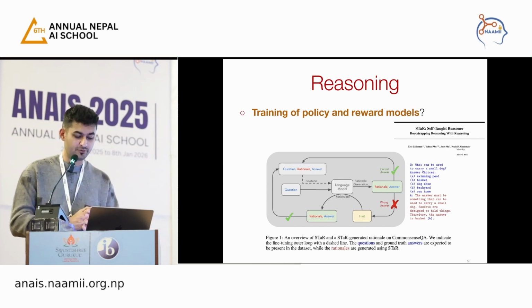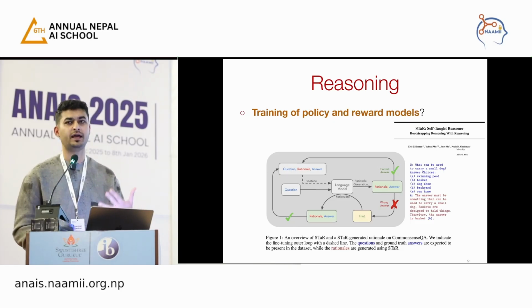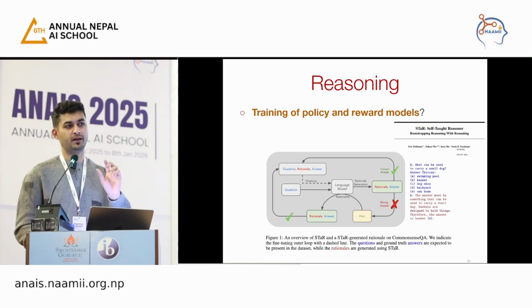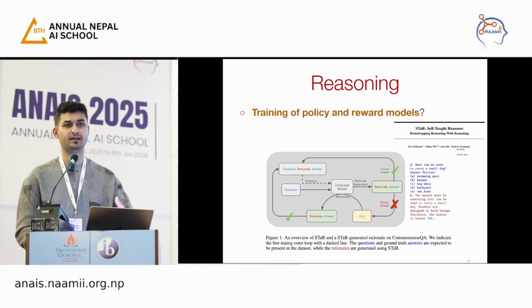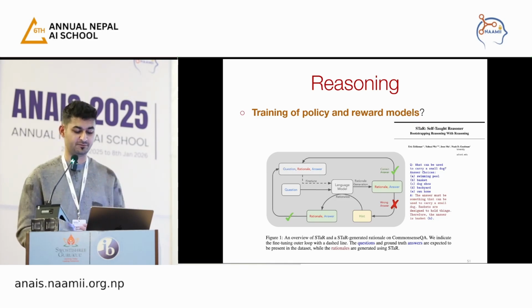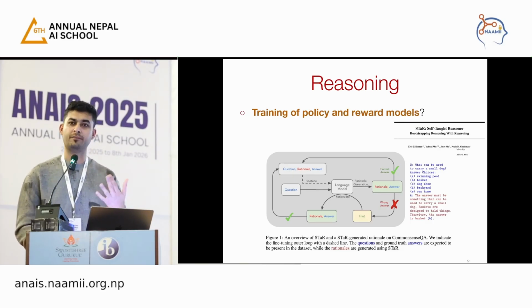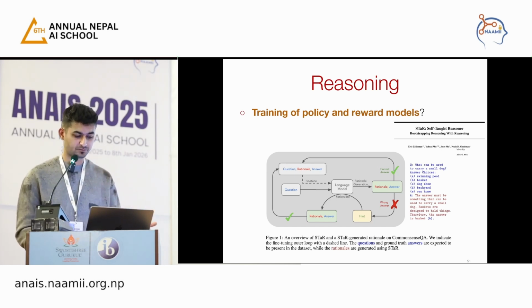But the goal is to use chain of thought, maybe multiple chains of thought, and then, based on whether the answer is right or not, like here I mentioned train on the good ones. Here, even if it's wrong, there is some sort of correction happening, and that feedback is processed back to the model. But yeah, this is the intuition on how I'm teaching or improving the LLM to be a reasoning LLM.